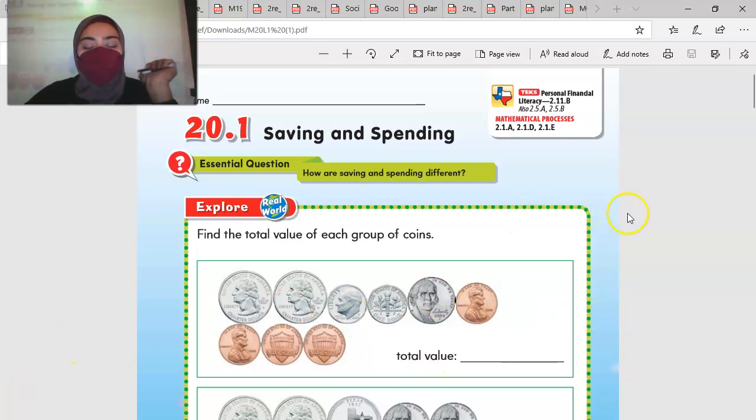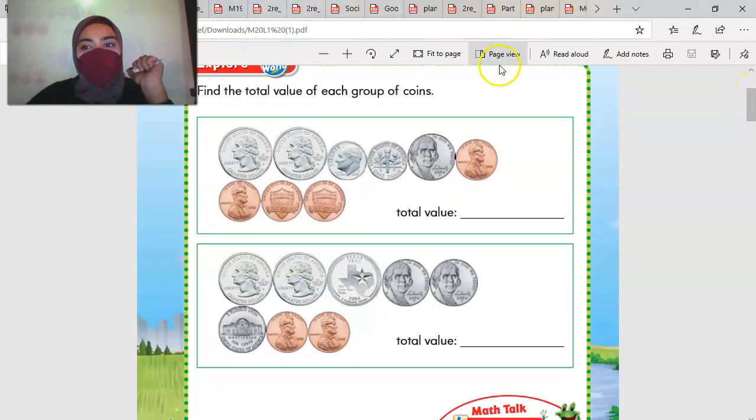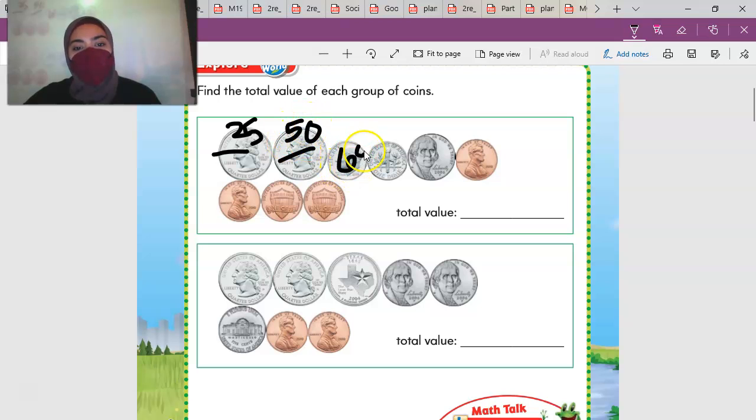Okay? So find the total value of each group of coins. So let's look. The first one, there are 2 quarters, which are what? 50 cents. Very good. And plus a dime is? 60. Plus another dime is? 70. Plus a nickel is? 75. Plus a penny is? 76. Another? 77. Another? 78. Another? 79. So we write the total value as $0,